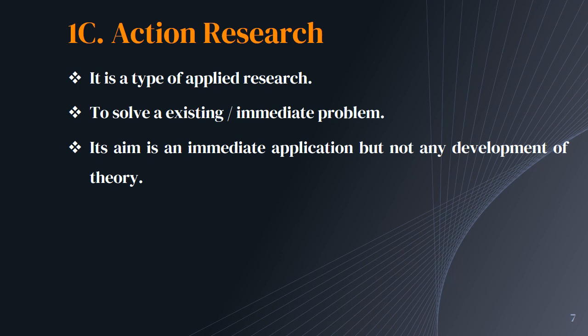So that death rate control, its coverage is very large. So here we will take the small example: whether allopathic treatment is useful to control the death rate, or the Ayurvedic treatment is useful. So we will make the set of two variables, carry out the experiment and test. So whichever is the possible solution, that is going to be the action research. So in this way we have seen, based on purpose, fundamental research, applied research and action research.